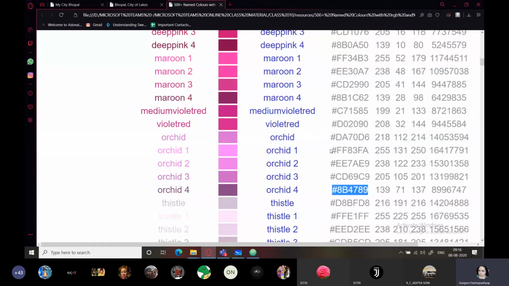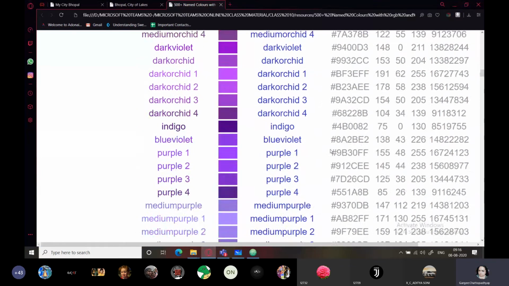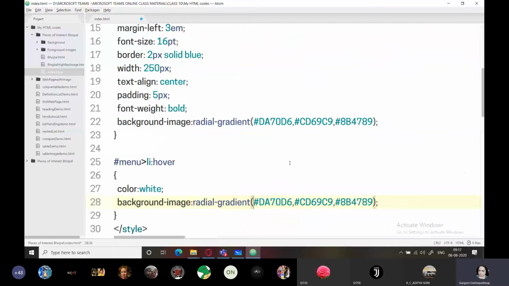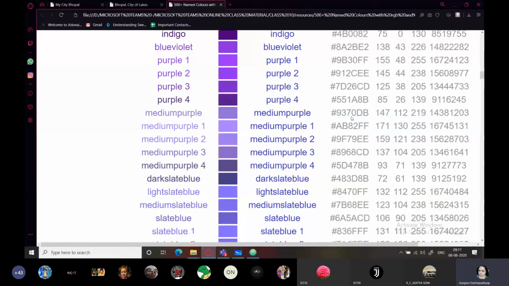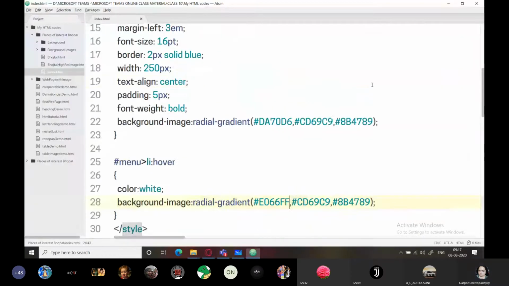Okay, so now I'm going to select some other colors. Let me go to this part, medium orchid. I'll take medium orchid. This is going to be my first color here. Second, I'll choose some other contrasting color from here, maybe light steel blue.